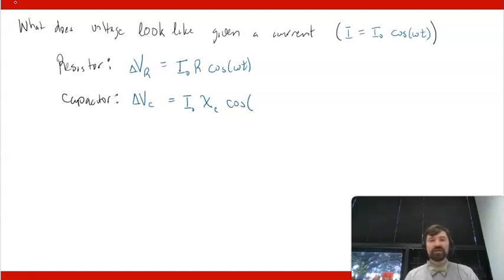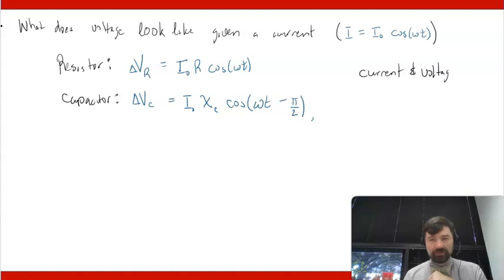So the cosine ended up being cosine omega t minus pi over 2. So we might say in these cases that current and voltage are in phase for the resistor, so that means peaks line up with peaks, troughs line up with troughs, etc. This one we would say current leads voltage,